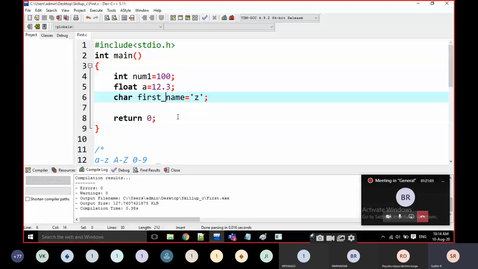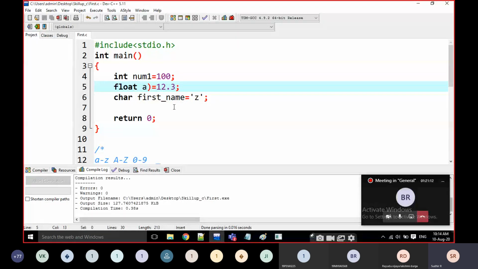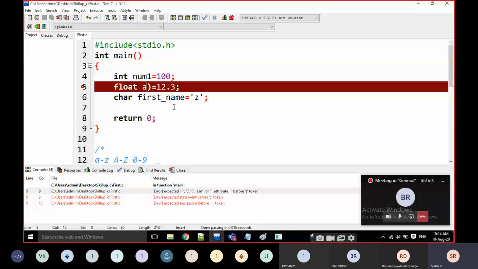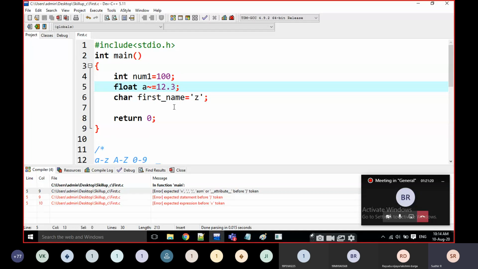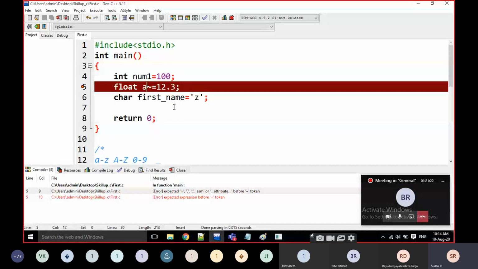Now, for example, some other special character, like a bracket or anything else. If I compile it, look at the error here. There is no other special character allowed instead of underscore. Any other special character is going to give an error every time. We have to use only one special character, that is underscore.